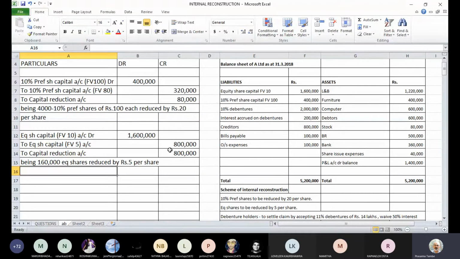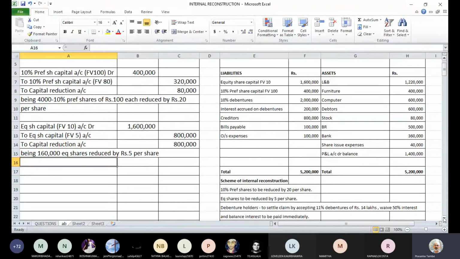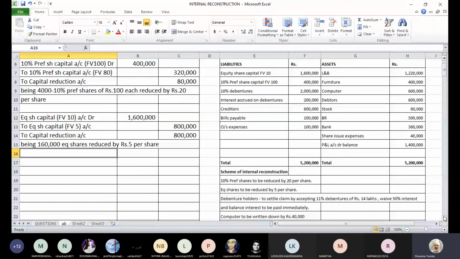Then we come to the settlement of debenture holders. It says that debenture holders have agreed to settle their claim by accepting 11% debentures of 14 lakhs. If you see here, they have a claim of 20 lakhs, 10% debentures are 20 lakhs. But they are going to accept 11% debentures only of 14 lakhs. So they are giving 6 lakhs rupees of benefit to the company, and that will go to capital reduction account. So next entry will be